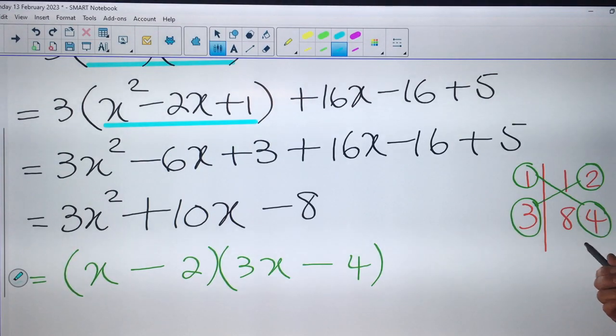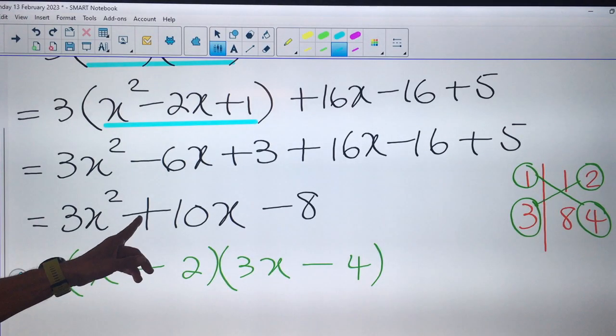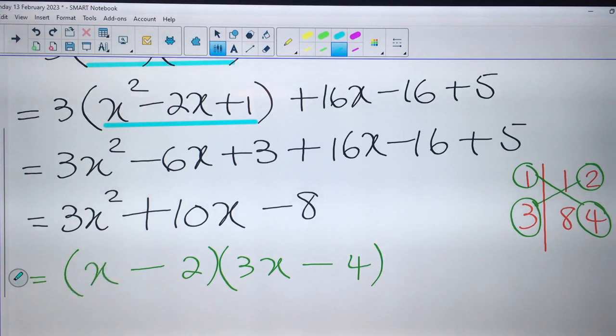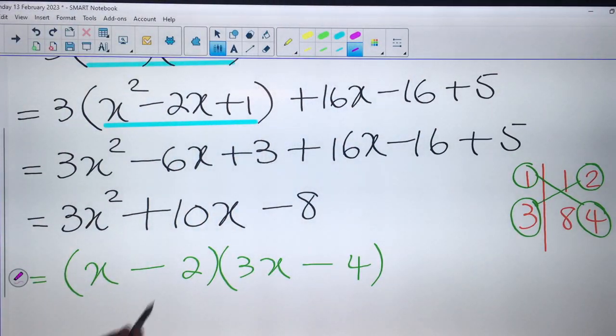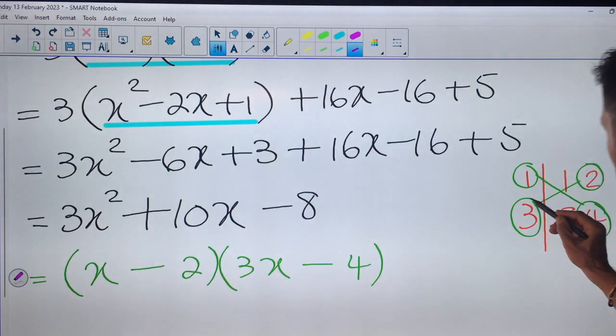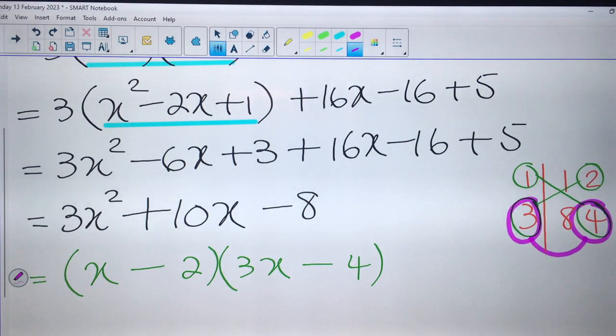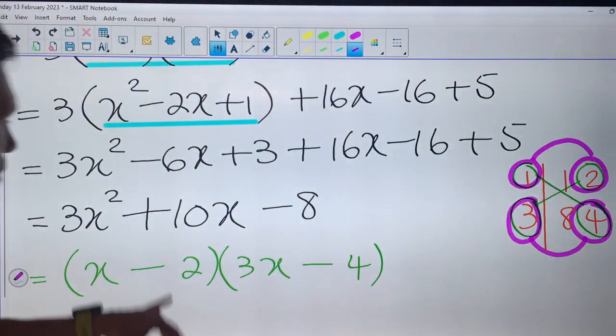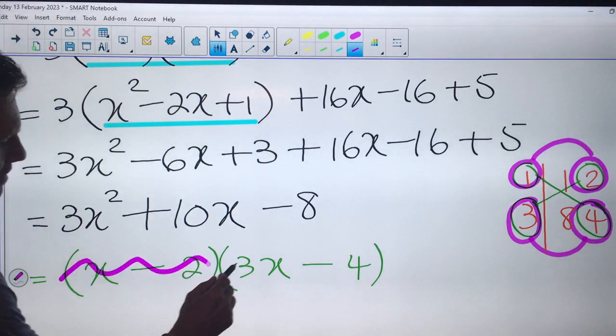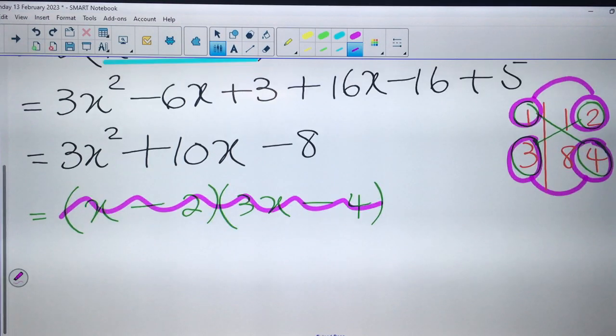No, this is wrong. That is minus 6, that's minus 10. I must subtract to get to 10. Okay, that is 12. That is wrong. What I have here is wrong. I must pick something different. Because what I have here is minus 6, minus 4, which will give me a minus 10. We're not looking for a minus 10, we're looking for a plus 10. And then my answer would be this one, because that will give us 12, and this one, and that will give me 2. The difference between 12 and 2 will be 10. So this one here is completely wrong. So the correct answer would then be